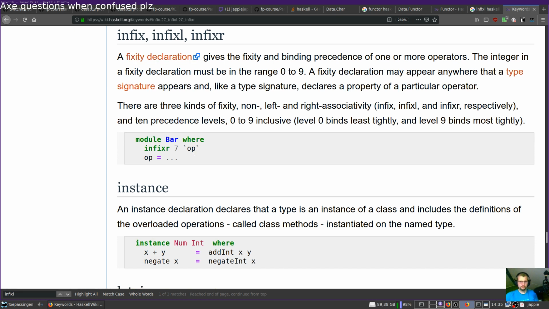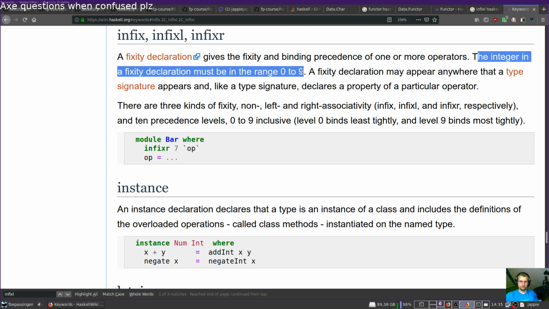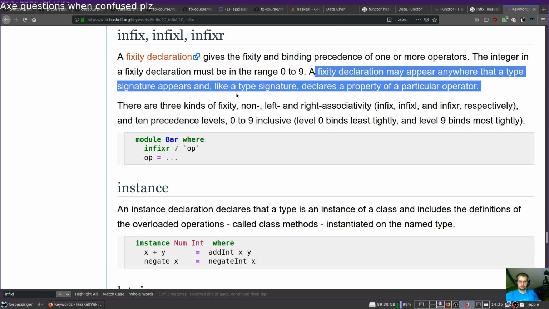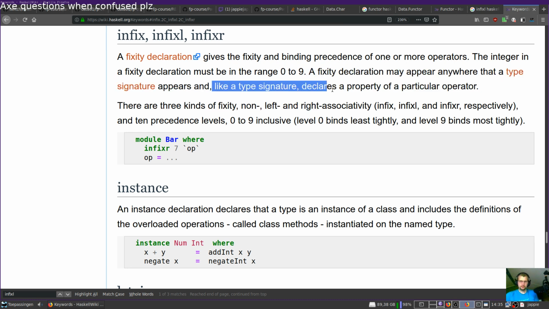Gives the fixity binding and precedence on one or more operators. Integer fixity must be in the range 0 to 9. Anywhere that a type signature can appear, it declares the property of the operator. Default is 9, none, left, and right.